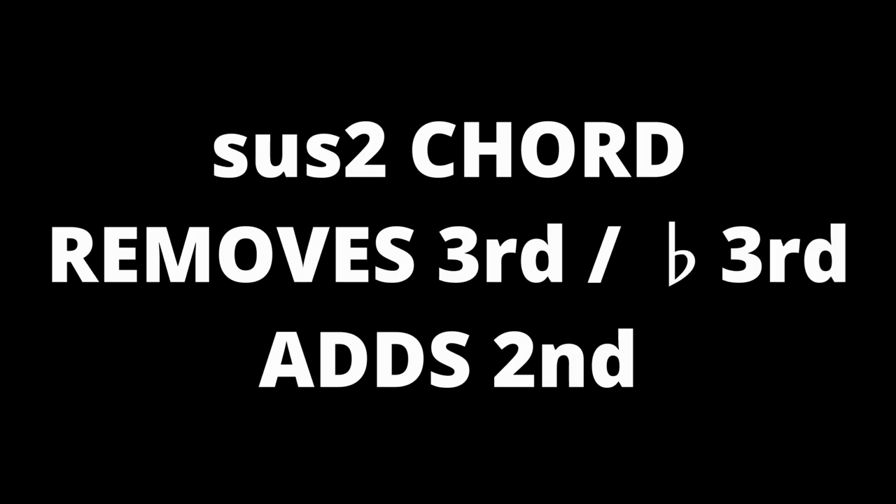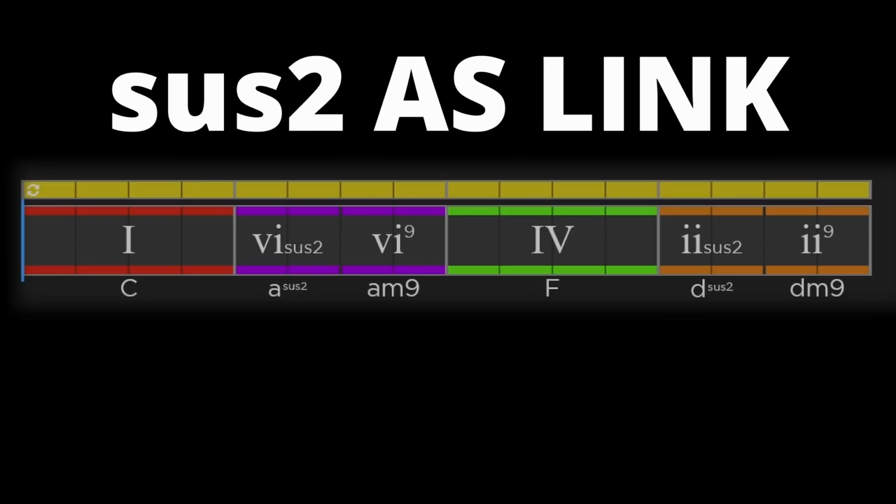The sus2 chords take away the third note in a chord and replace it with a second note. If you want to understand more about sus chords, then check out our video in the description below. If you remember from earlier, this second note is actually the same as a ninth note. Because of this, the sus2 can be a nice link chord to the minor ninth. For example,